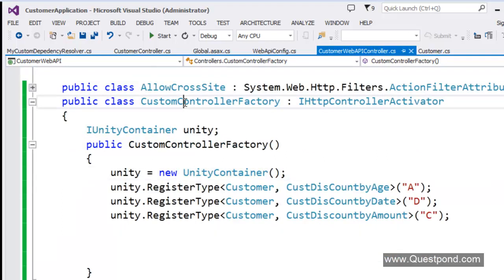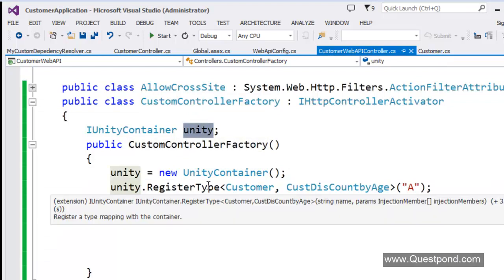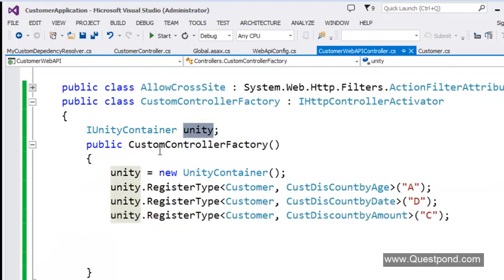Now this factory internally references our Unity application block framework. You can see here we have a Unity object, which has all the permutations and combinations of objects which can be injected in the customer class. We can inject cost discount by age, by date, or by amount, and I have lettered each one of these permutations and combinations.